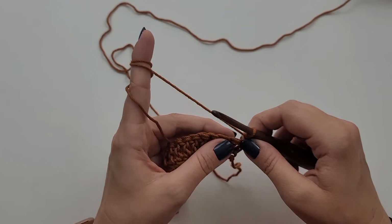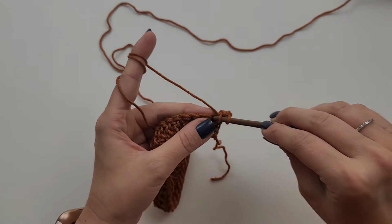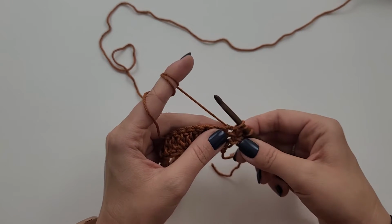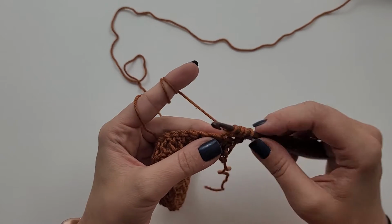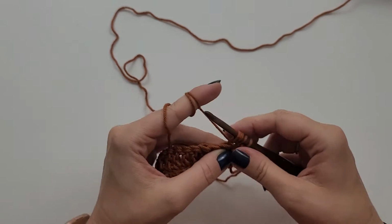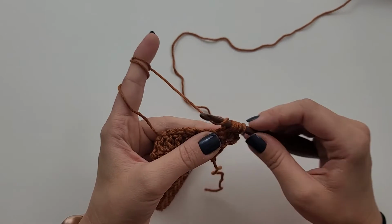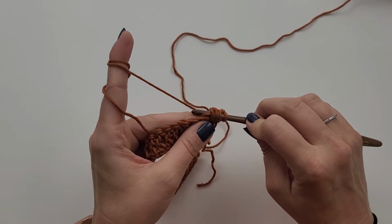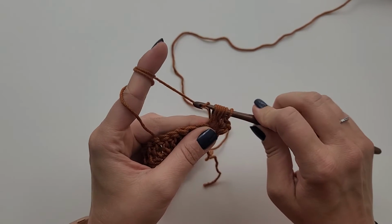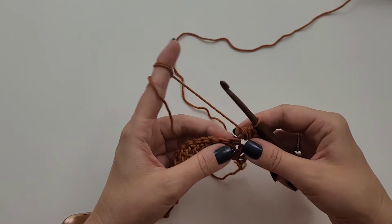Then we are going to do a puff stitch. So to do the puff stitch, you're going to yarn over. You're going to insert your hook into the stitch. You're going to yarn over and pull up a loop. You have 3 loops on your hook. You're going to yarn over and insert your hook into the stitch again. You're going to yarn over and pull up a loop. Now you have 1, 2, 3, 4, 5 loops on your hook. You're going to yarn over and insert your hook again and pull up a loop. Now you have 7 loops on your hook. You're going to yarn over, grab the yarn, and pull through all 7 loops of your hook,